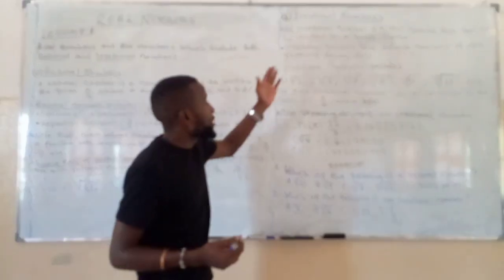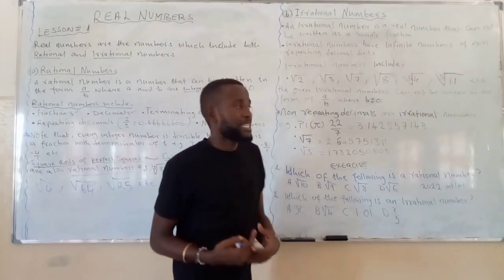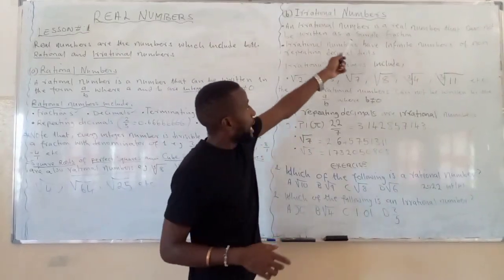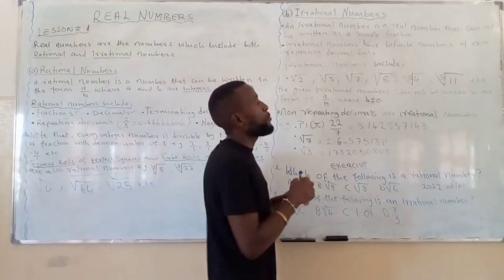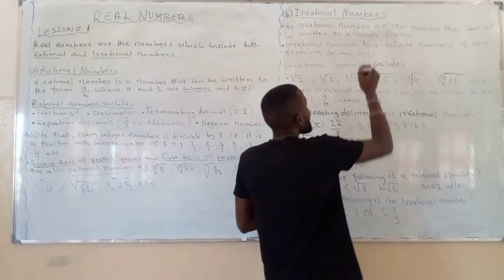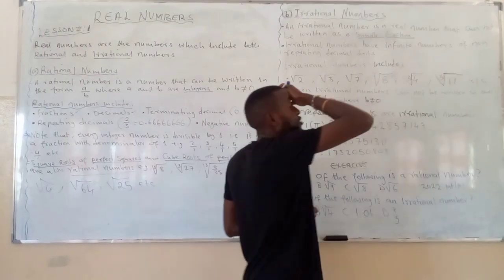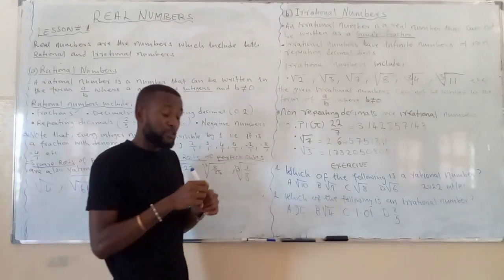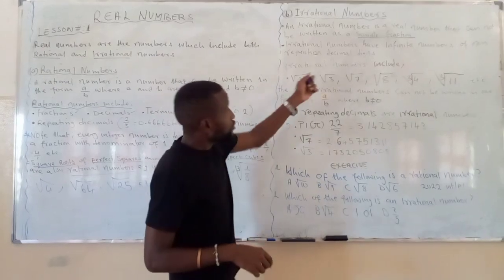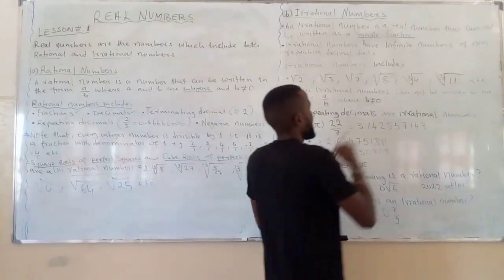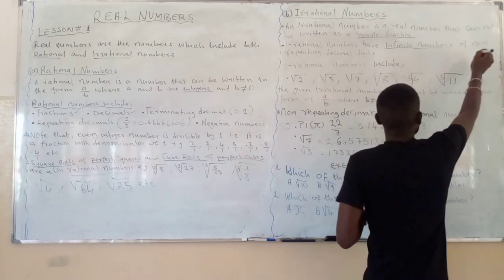Now let us come to what we call irrational numbers. What are irrational numbers? An irrational number is a real number that cannot be written as a simple fraction. These numbers cannot be written in a fraction form. That's how we know that this is an irrational number. Now, irrational numbers have infinite, infinite means they don't end, numbers of